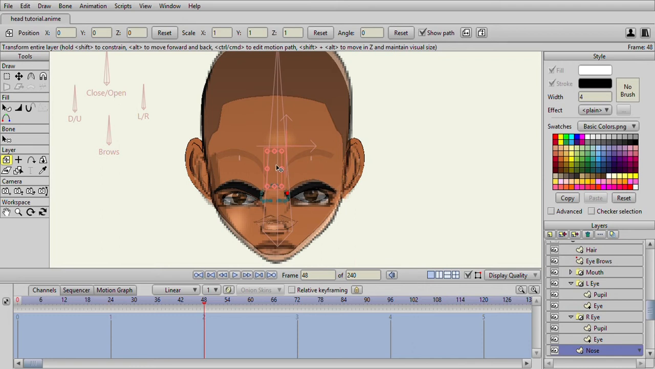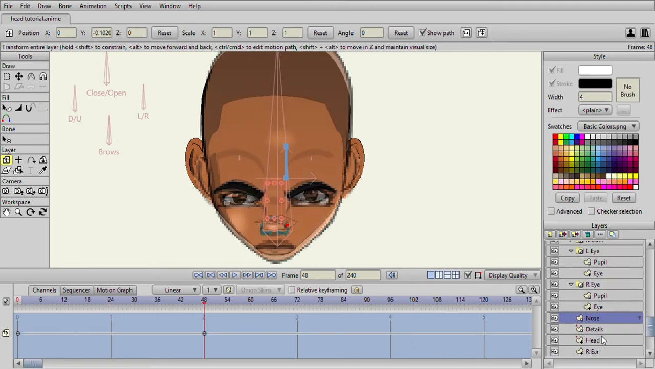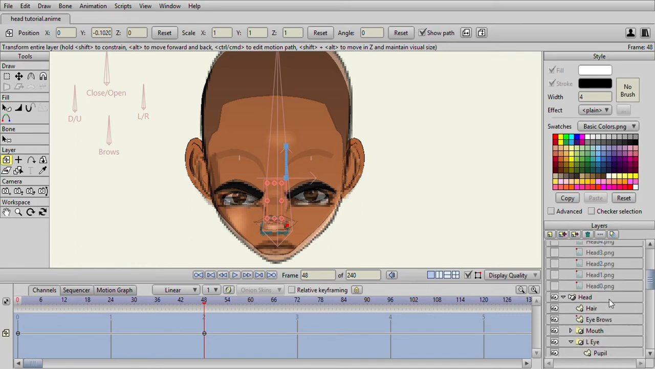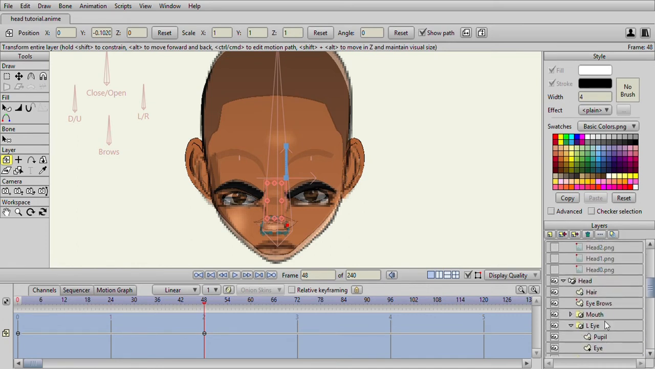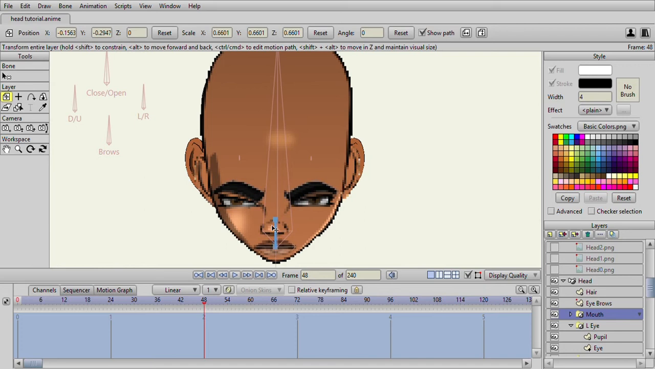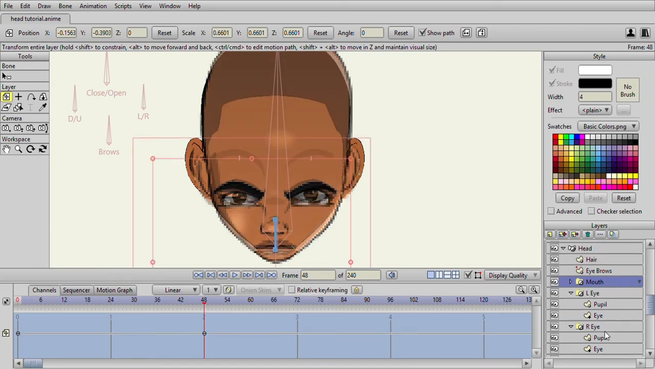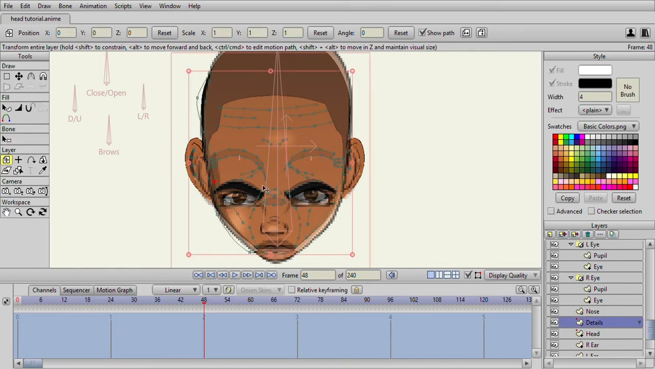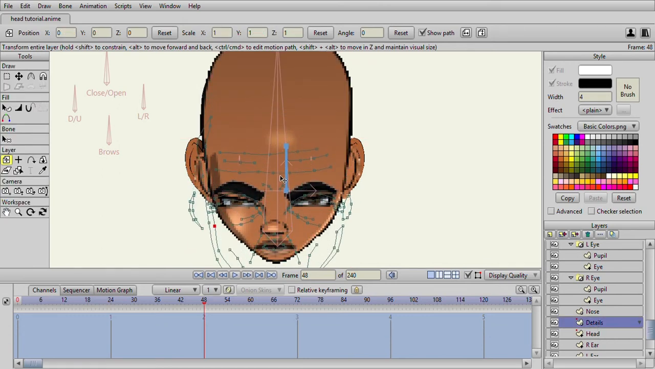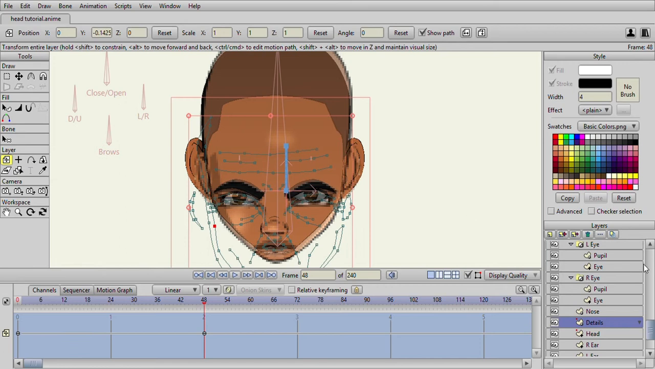His nose. And the mouth. And the final layer would be, I think, our detail. We also need to do our hair. But if I just look at this,